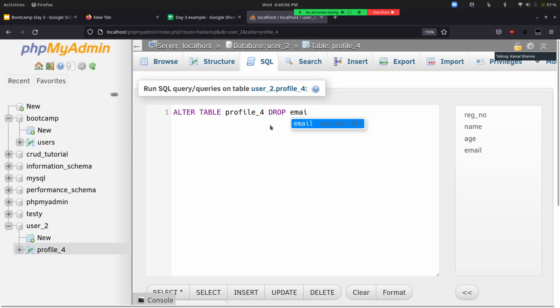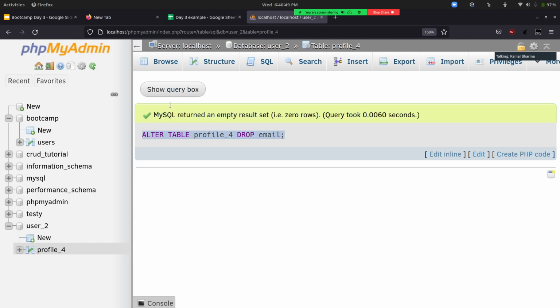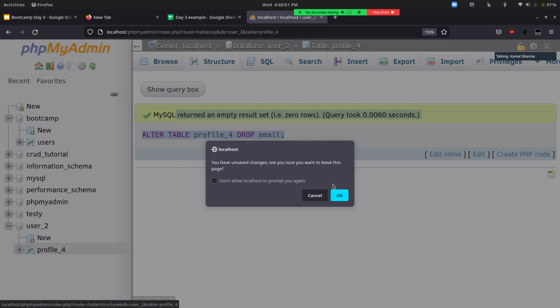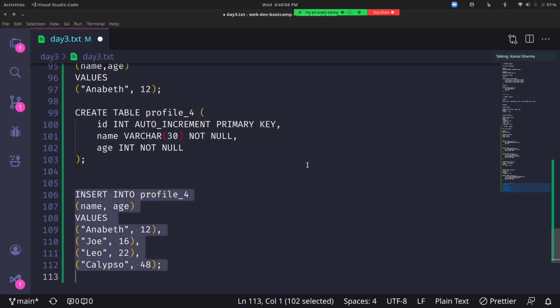We want to drop the email column. So I'll specify that, and if I execute it, it'll ask for a confirmation, whether I really want to remove it. Yes, I do want to remove it, so I click on OK. And now if I go to structure, we can see that the email column has been removed. So this is how you remove stuff.